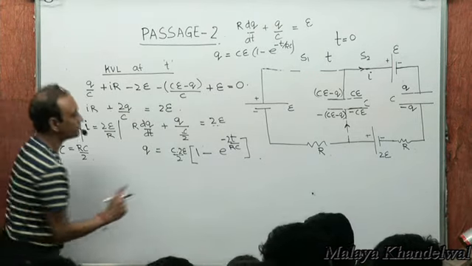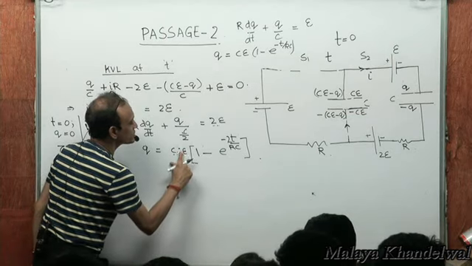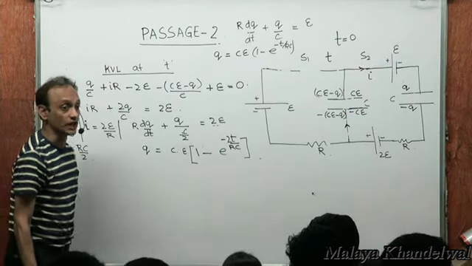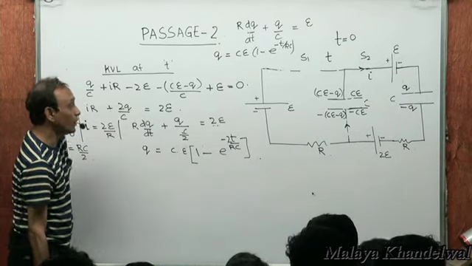How about it? So this 2 will get cancelled. So C epsilon. So that's Q as a function of time. Clear? Now,